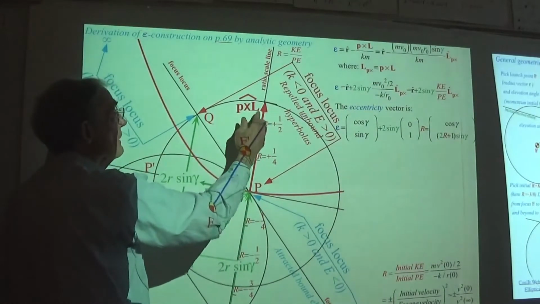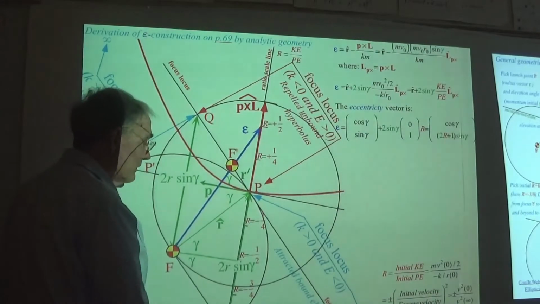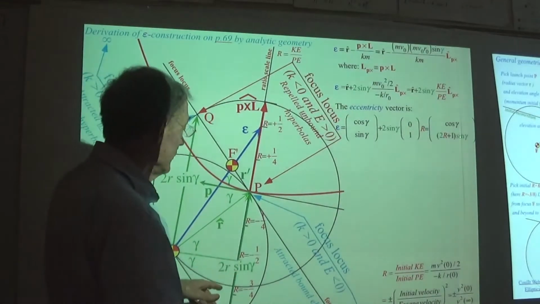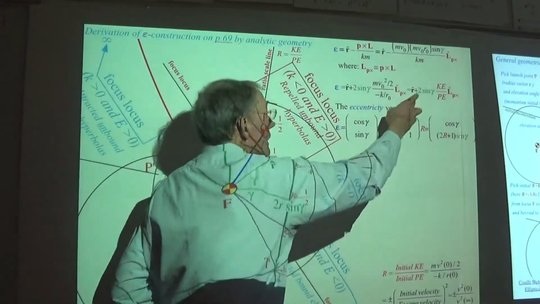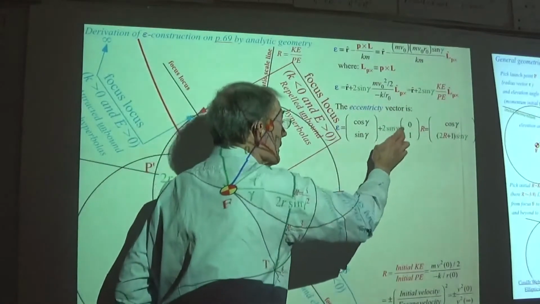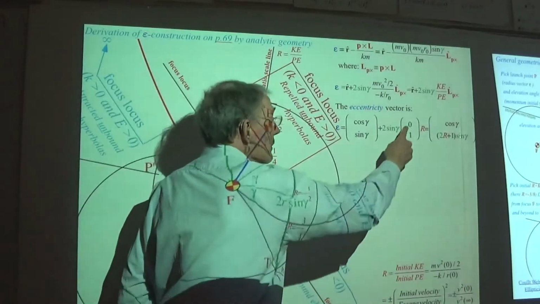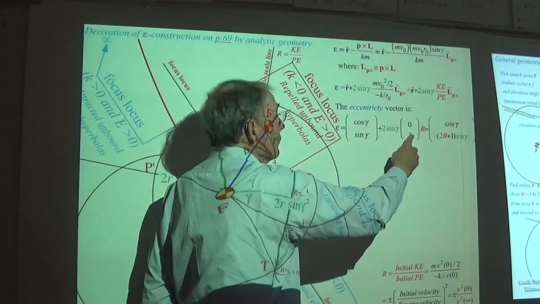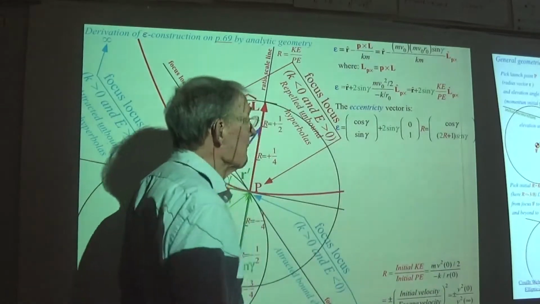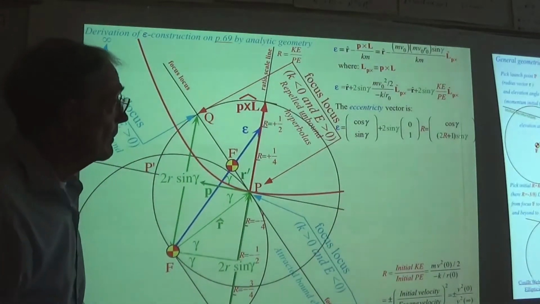This is a unit P cross L axis right here, and that axis is getting a 2 sine gamma scale factor. That's it right there. So we're tipped in a coordinate system where this is the y-axis. That's the y unit vector there, with the ratio multiplying it. And you put all that together,